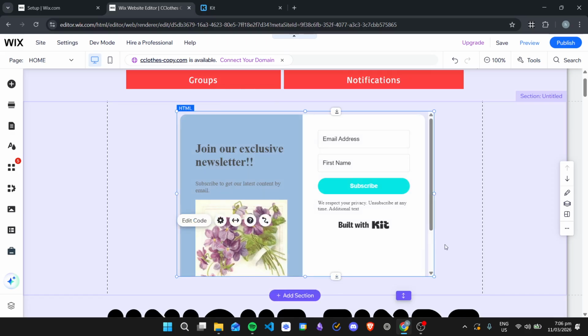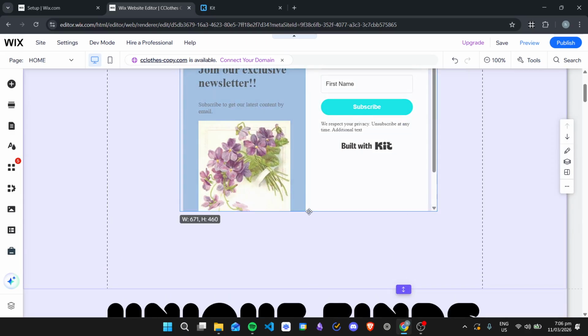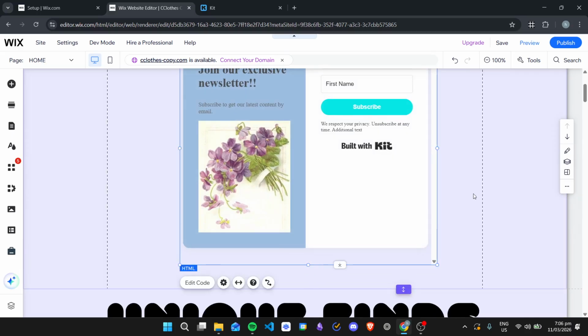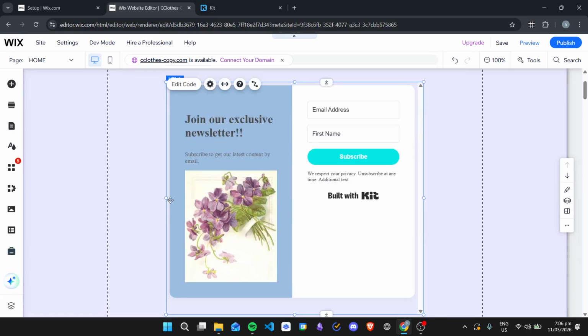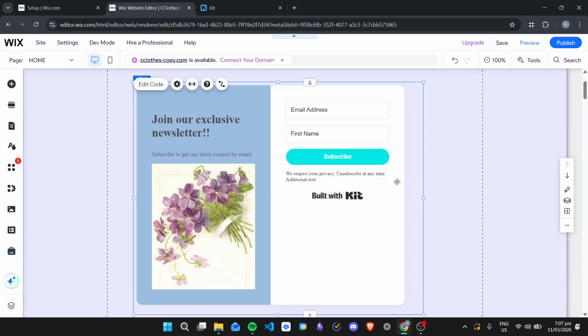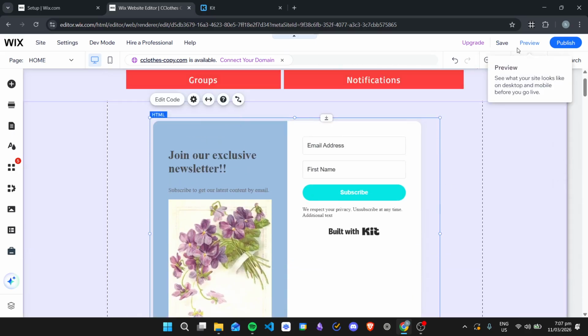We can just adjust the size right here, and then we now have our form that is created from Kit. We can just adjust the size like that, and then like this. Now we have our Kit form right here. Then we can click preview,